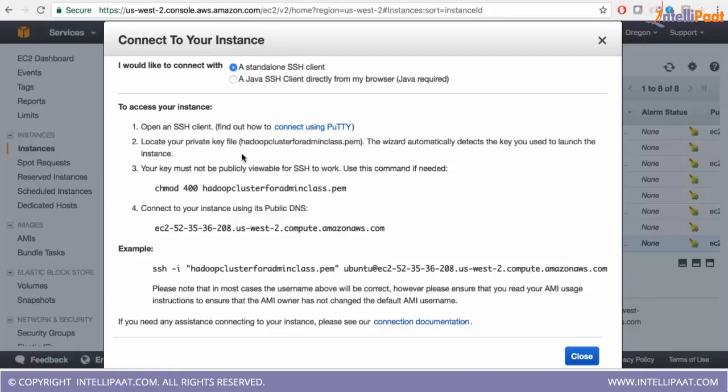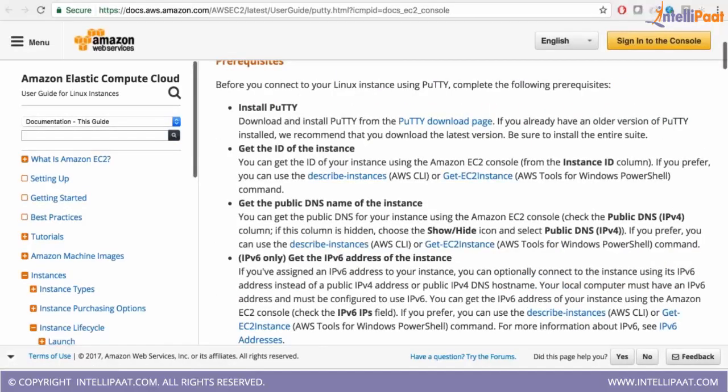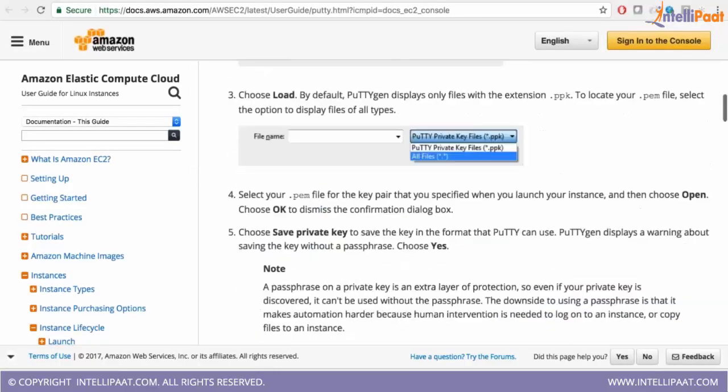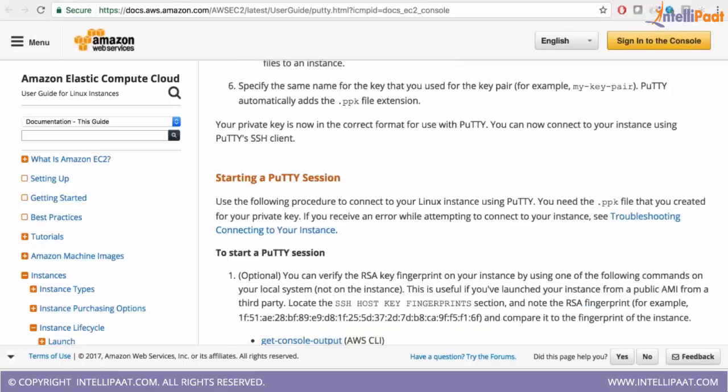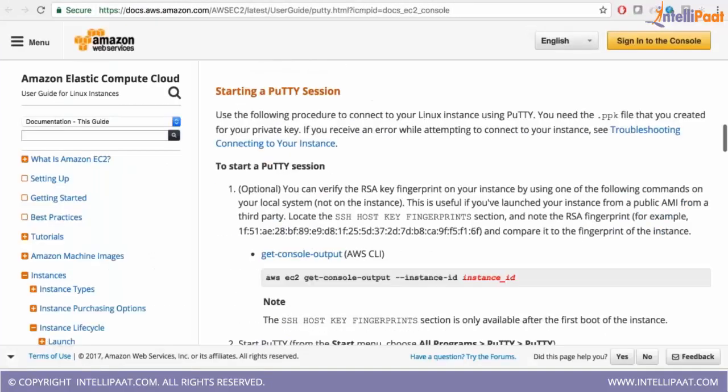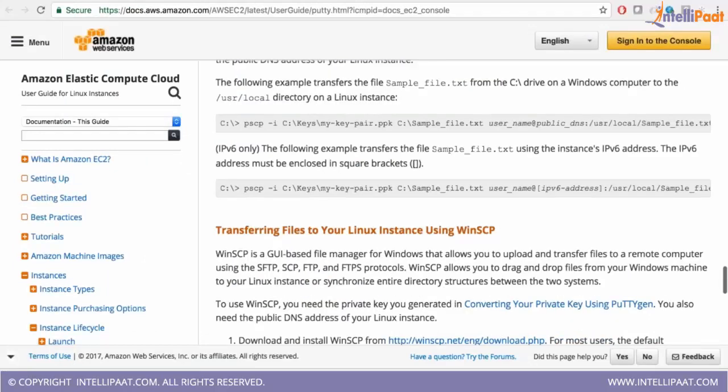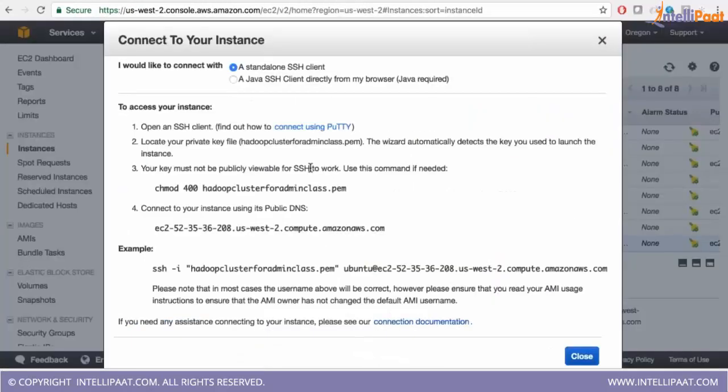If you go into the same link, here you can see open an SSH client, which is what I am using because I have an SSH client. But if you are using PuTTY, just click on this and it will give you this help. I will also be sending the same document after trying it on my machine and taking screenshots, so that if something is not working I can help you, because this document sometimes might be older. The instructions are there, but sometimes it will be very long for you to follow, so I'll be sending the screenshots.